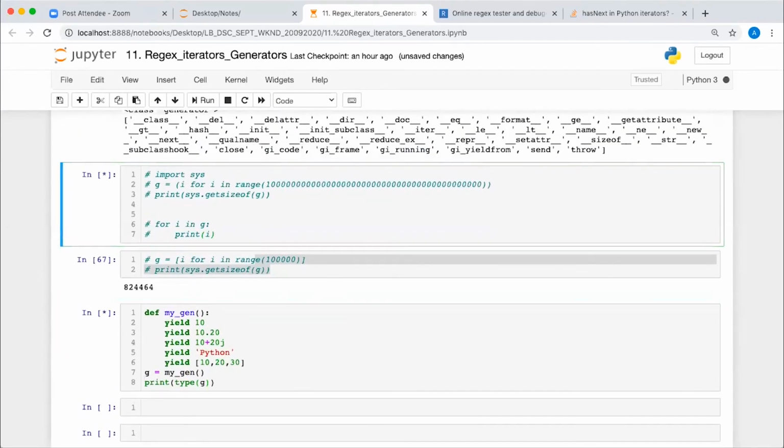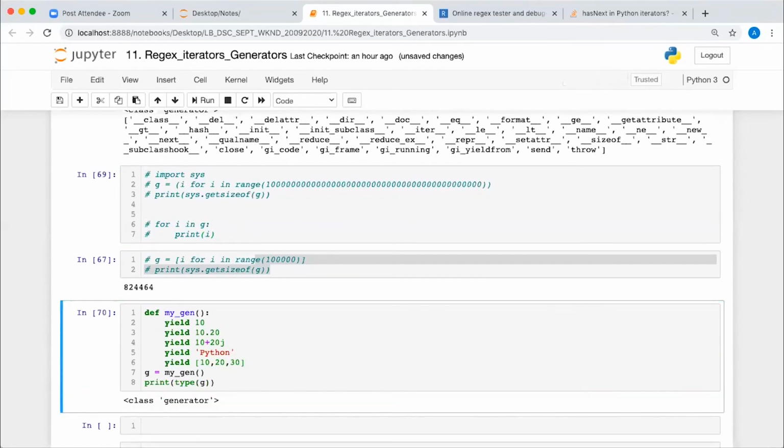What does yield do here, Abhishek? Yield is similar to the return statement, which yields one value at a time. I'll be coming to that. Yield is the only statement which makes a function a generator object. The difference between the return statement and the yield statement is you can have only one return statement in your program, but you may have multiple yield statements in a generator. And it will yield one value at a time, meaning it will return one value at a time.